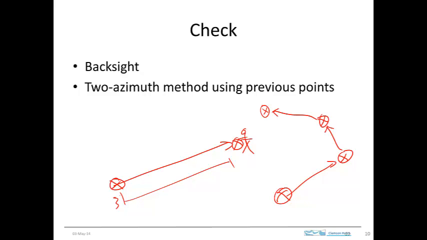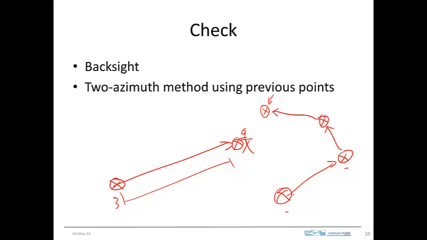We've done several azimuths and distances, and so in order to verify that we're on the right track, we can check the location of this point by basically establishing the location relative to 2 points that we've done previously. Now, we have to be able to see these 2 points, but if we can, then we can go and